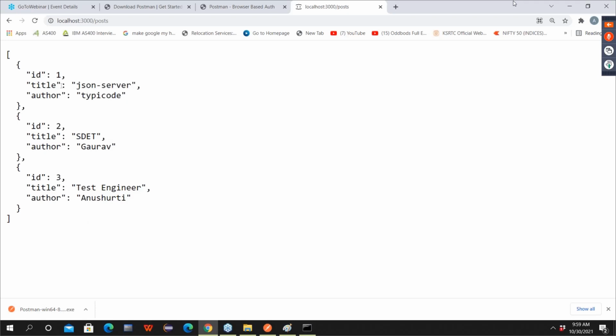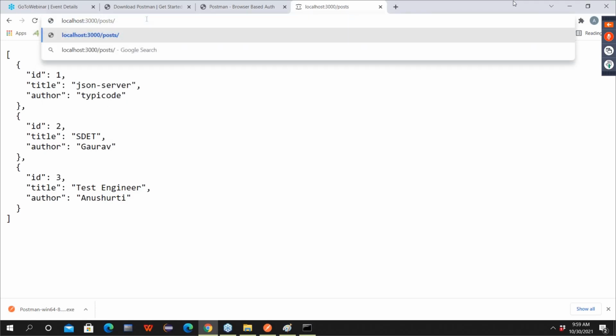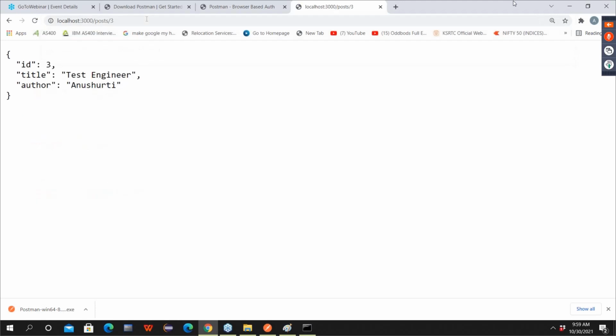Maybe chances are it can update here, or it can update here, or here. Okay, it can update anywhere. So that's the reason, guys. Here you have to identify the object uniquely. So exactly which object ID do you want? 3. In the URI give /3. Enter. Are you getting a single object? Yes. Now there is no confusion.